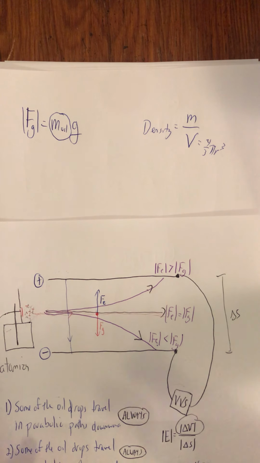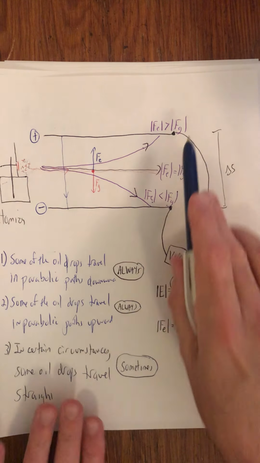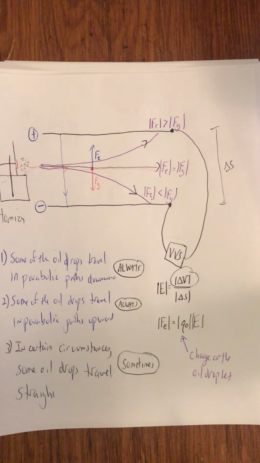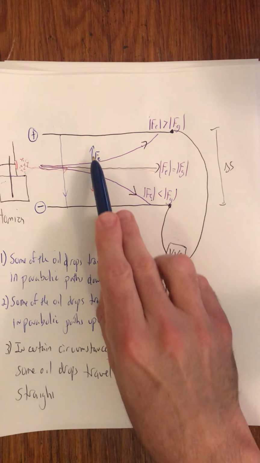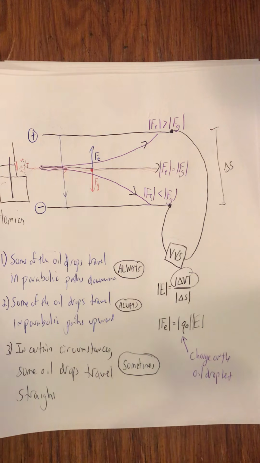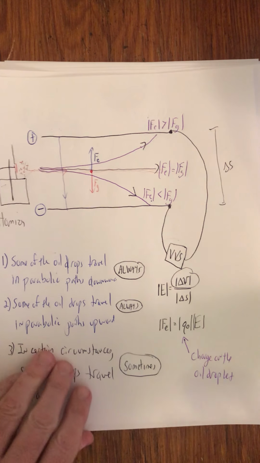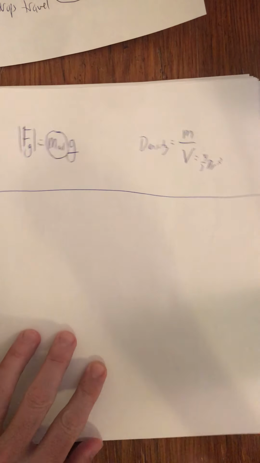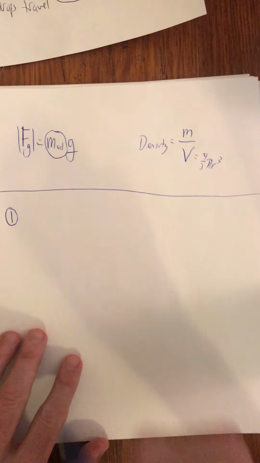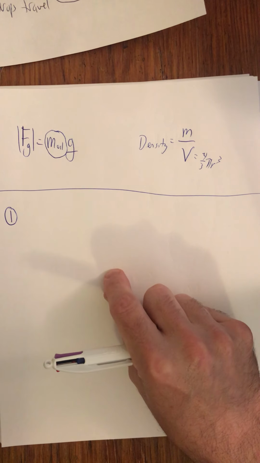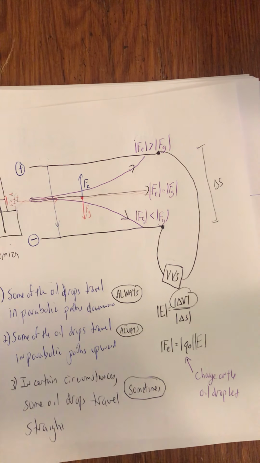So what are you doing? Well, knowing now that the FG is a constant for the experiment, or at least what you're taking data on, what's not constant is FE, because you are manipulating FE by doing delta V. So here's what happens. Just to go through this a little bit more specifically, the actual observations, the critical observations. What you note when you do this, so what you do is you set the delta V, the voltage, at a specific value, and then you squirt, and then you're looking to see,